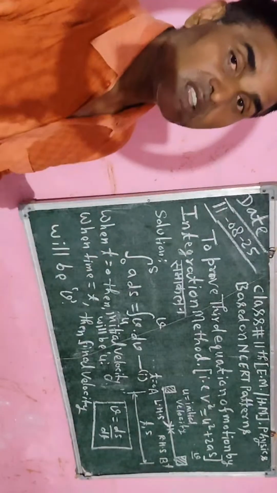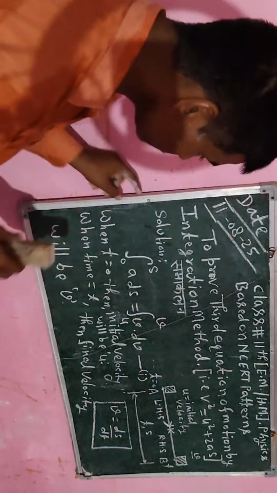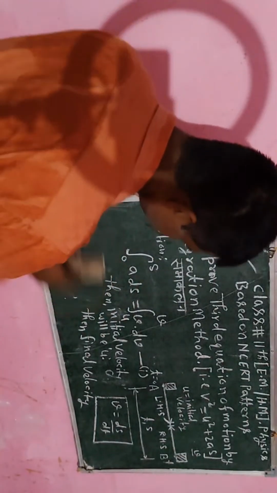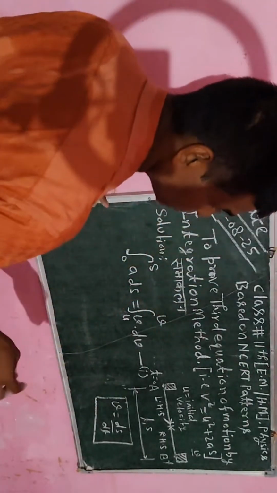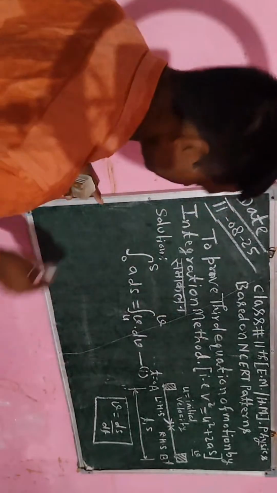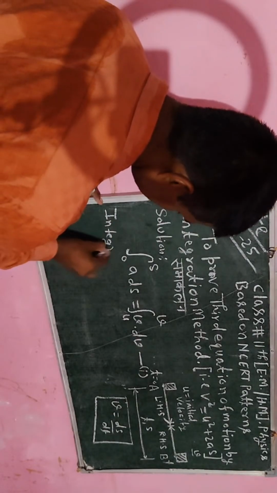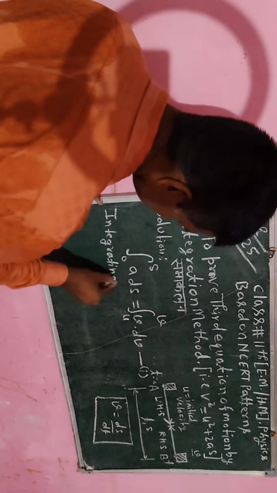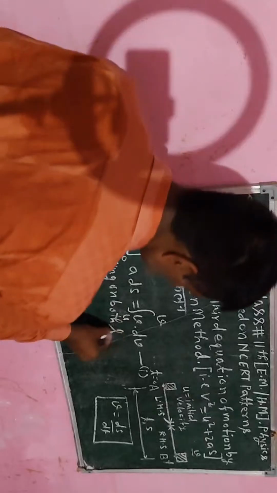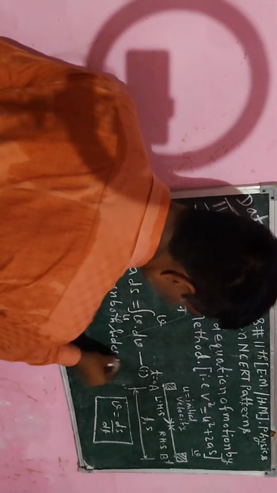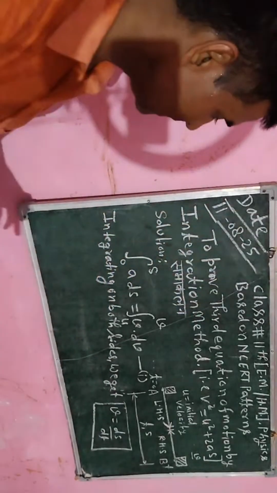ओके, तो यहाँ पर ये इंफॉर्मेशन लिखिए। इस इंफॉर्मेशन को लिखने के लिए हमको कहना चाहिए कि दोनों पक्षों में समाकलन करने पर। तो इस इंफॉर्मेशन को हम इरेज करेंगे, और इरेज करने के बाद यहाँ पर लिखेंगे इंटीग्रेटिंग ऑन बोथ साइड्स, वी गेट। दोनों तरफ हम इंटीग्रेट करते हैं, इंटीग्रेट करने के बाद हम पाते हैं।